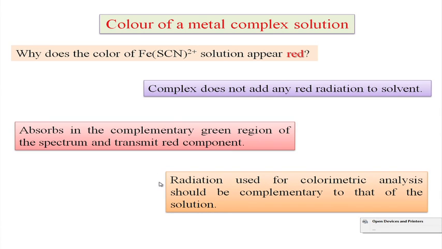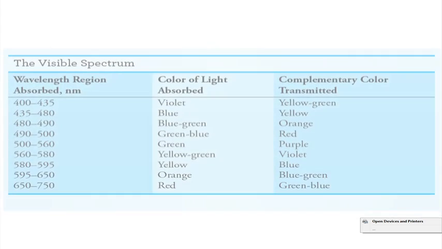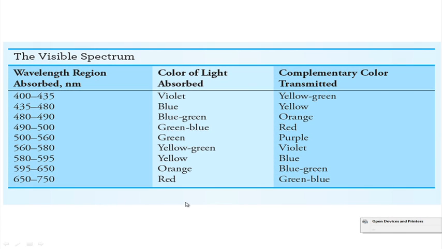We will be using radiation in the visible range, say 350 nanometer to 750 nanometer. For this analysis, since color is responsible, any colorimeter can also be useful, and we can consider it as a colorimetric analysis, complementary to that of the solutions. That means when green is absorbed, we see the complementary color, red, for this particular solution. So, if we have the whole range, it is textbook stuff again,